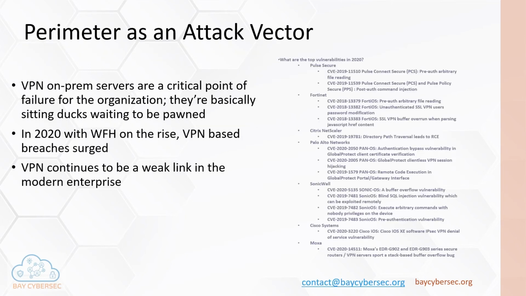Moving on to the perimeter. A lot of the discussion I spoke about was how the perimeter changed from on-prem firewalls and VPNs to SD-WANs. But we see that, especially during the pandemic in 2020, when everyone started working from home, VPNs were really being targeted. You can see on the right-hand side here how in the past 2 years, a lot of new CVEs were disclosed and discovered in VPN-related technologies. And then in 2020, a lot of organizations were being compromised specifically through this vector.